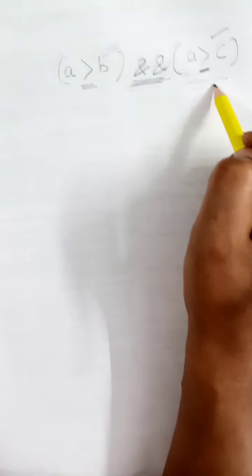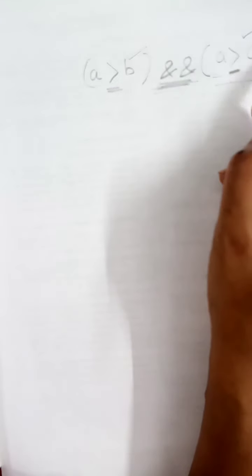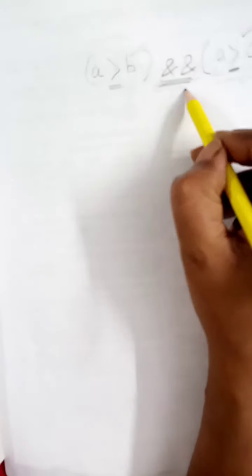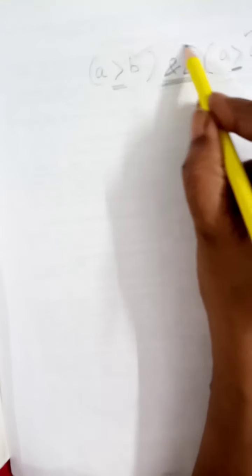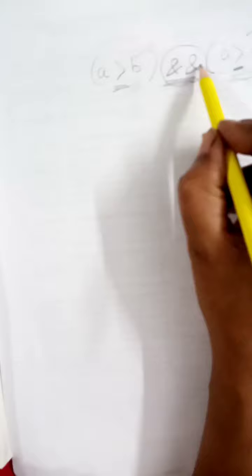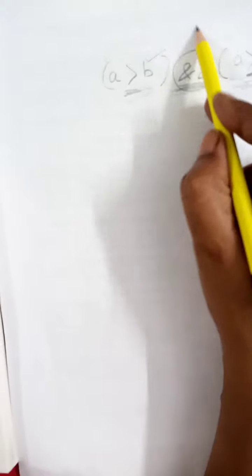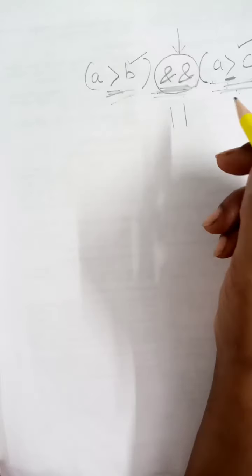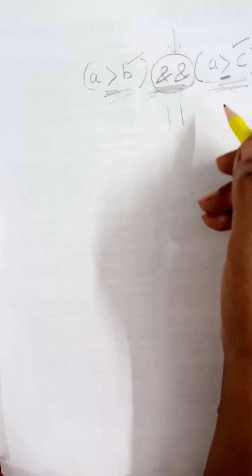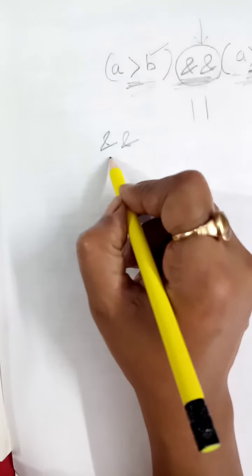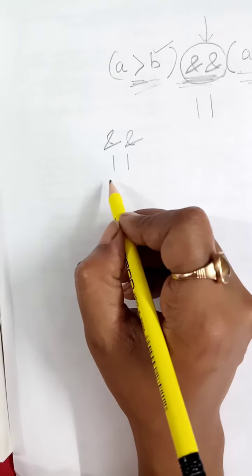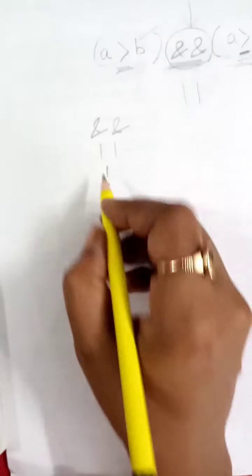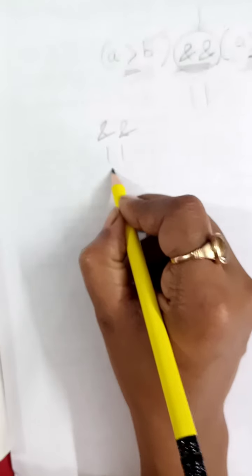Both the conditions, when both the conditions are true, you will be getting true, if you are combining two conditions with the help of logical AND. Okay, so you can combine both the conditions with the help of logical OR also. There are three logical operators: logical AND, pipe symbol, logical OR, and this one is NOT, the exclamation mark, logical NOT.